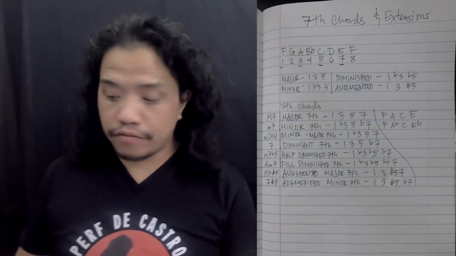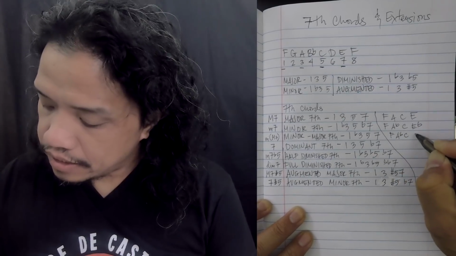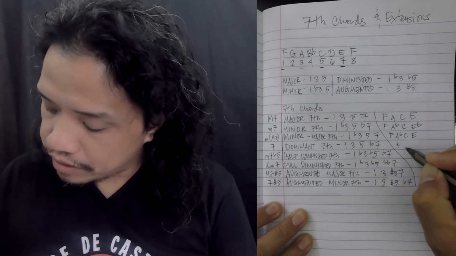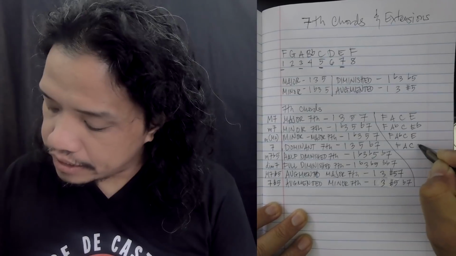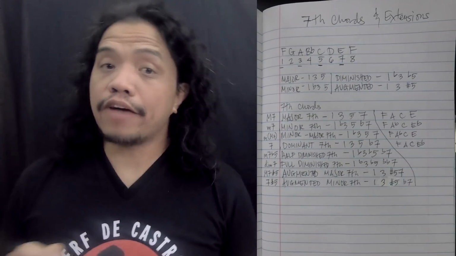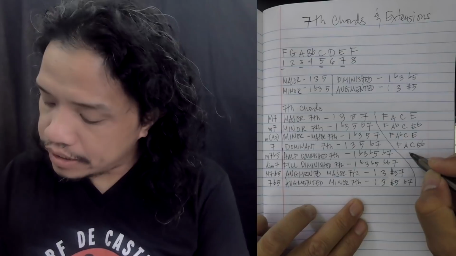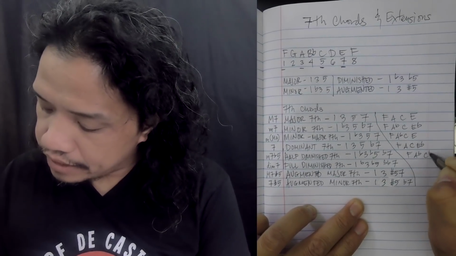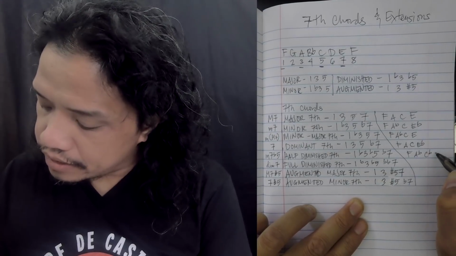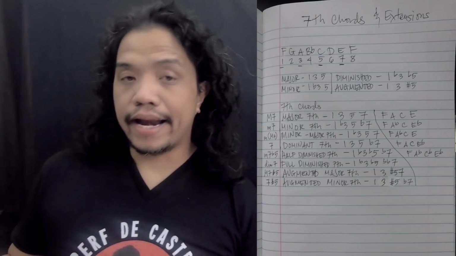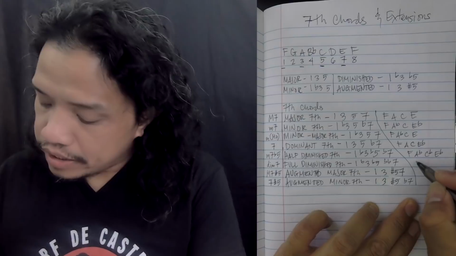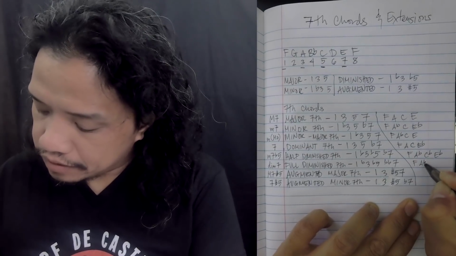F minor with a major 7th would be F, A flat, C with an E. F dominant 7th would be an F, an A, C, and an E flat. F minor 7 flat 5 would be an F, an A flat, a C flat, and an E flat. An F diminished 7 or F fully diminished 7 would be an F, A flat, C